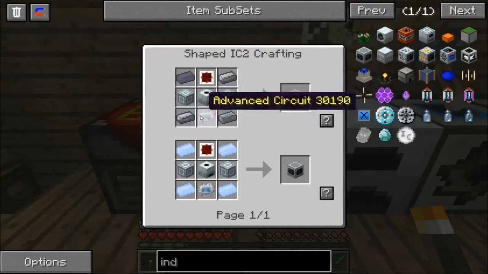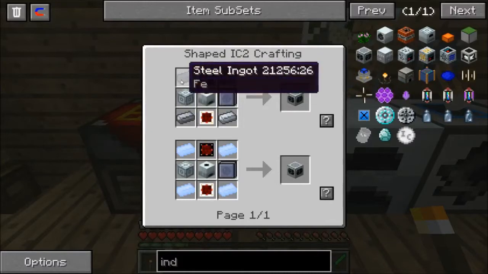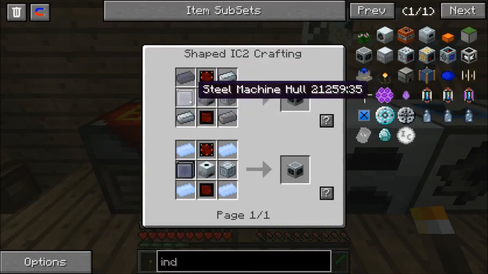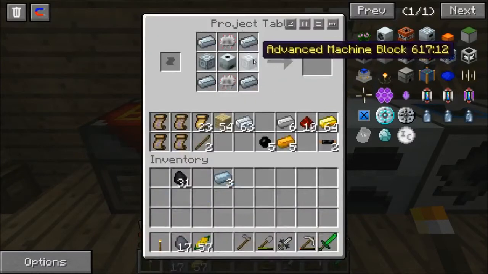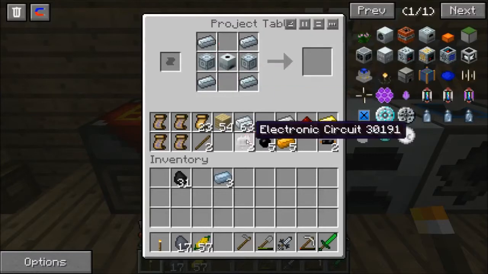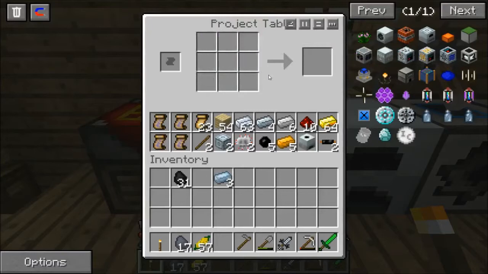An extractor, advanced circuit, refined iron, advanced machine block. Oh, because these are just electronic circuits. They're not advanced yet. So we'll have to do that. And then we can